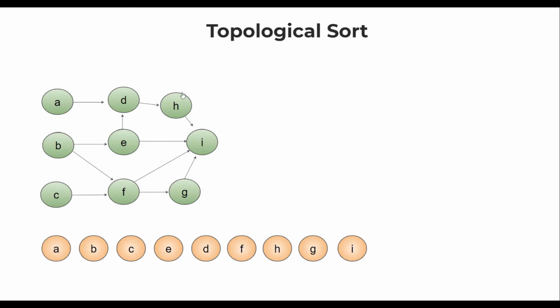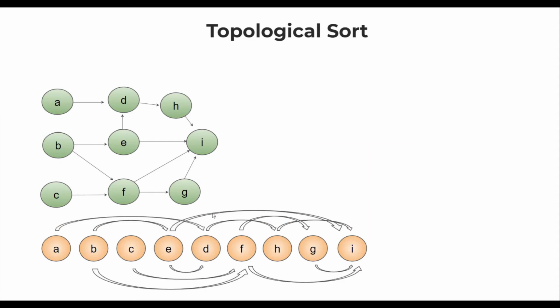So there are many different possibilities for this graph. So topological order in general is not unique. This order right here is just one of the several possibilities for this graph. Topological sorting is possible only in directed graphs because in undirected graphs, topological sorting is not necessary at all because there is not going to be any dependencies like in directed graphs.